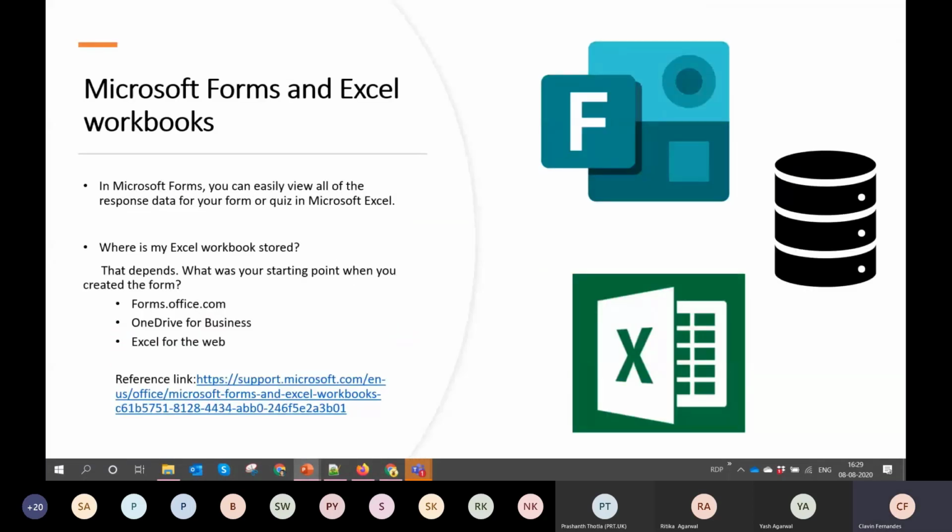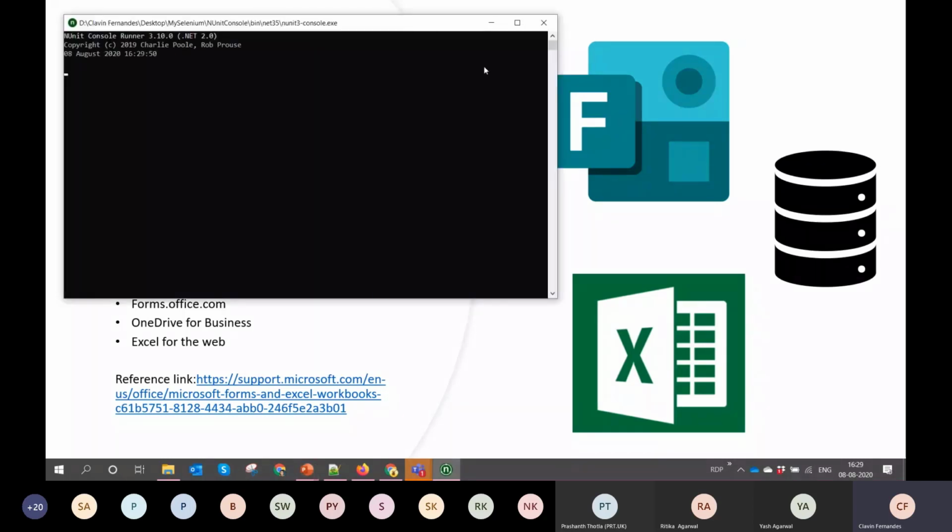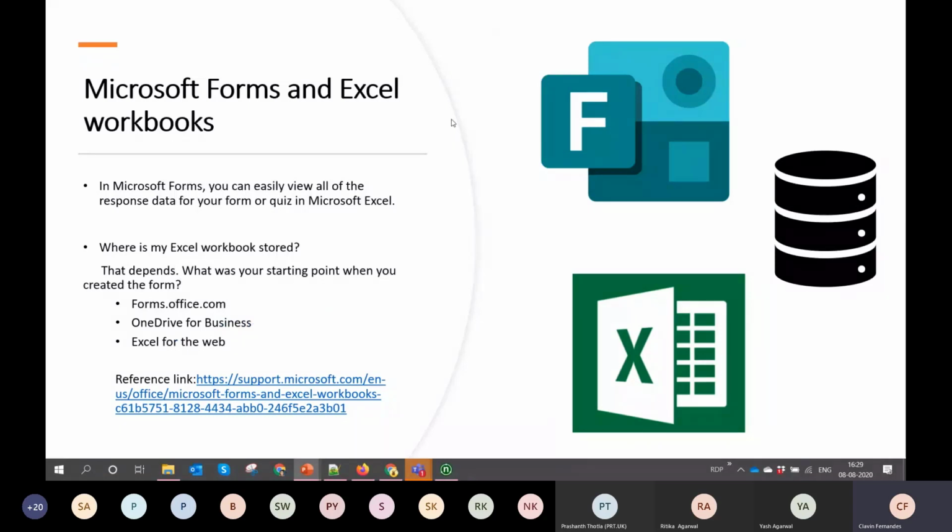So, Microsoft Forms and Excel. In Microsoft Forms, you can easily view data from your quiz. But what is the data source for Microsoft Forms? It is Excel. For Microsoft Forms Pro, it is CDS, but for Microsoft Forms, it is Excel. And the data stored in the Excel really depends on the starting point of your form. The starting point of your form can be forms.office.com, or it can be OneDrive for Business, or it can